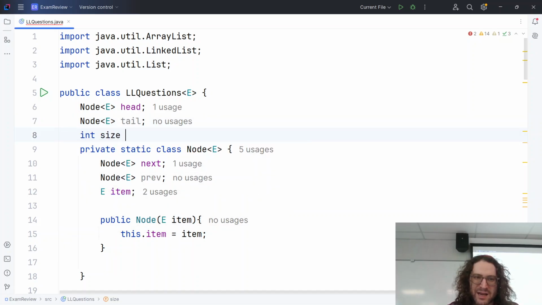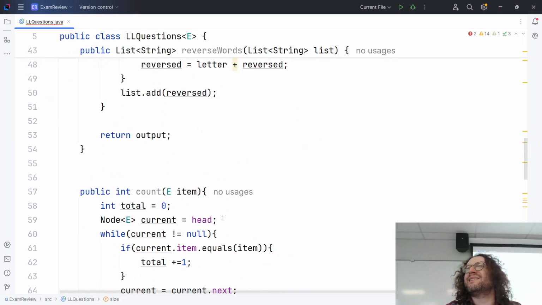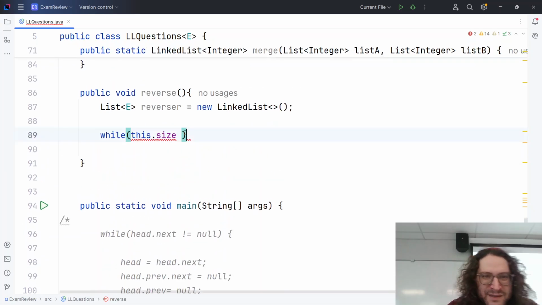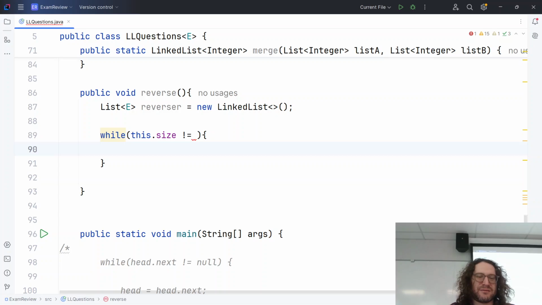Int size is equal to 0. This is part of the reason why it's on paper. You get to ignore all this nonsense. While this dot size is not equal to 0, while there's still items in the list to remove, what we're